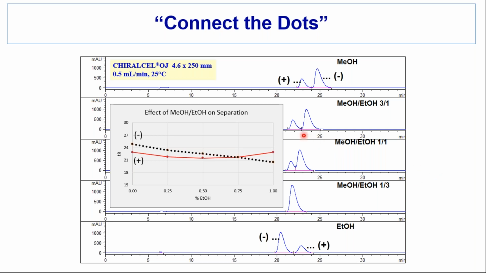And so I think plotting the data matters. If I just looked at one or two data points, particularly if I had not had a way of isolating the two enantiomers, such as a chiral detector or a difference in concentration, I would have thought, oh, it doesn't matter whether we go with methanol or ethanol. But by adding a few data points, I think we can see in a systematic way how the behavior occurs. Again, this is probably not particularly profound for this example, but it'd be a little more noticeable in some following examples.